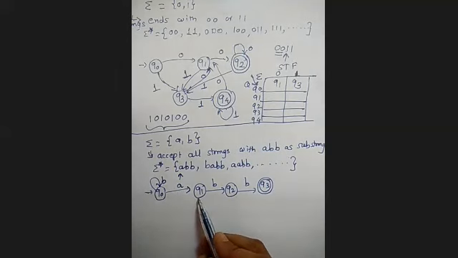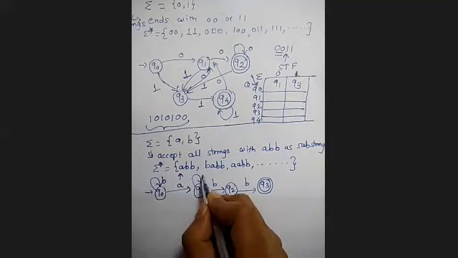Now Q1 on B we have already completed. Now you tell me, Q1 on A, which existing state will it go to, or do you need to create a new state? Reply fast. Is it correct that it should remain in the same state? Q1 on A, again the same thing. That is correct. It should remain in the same state because